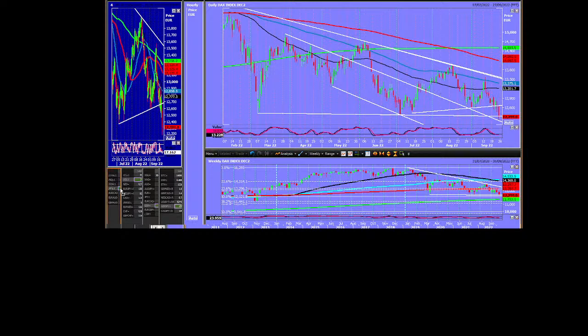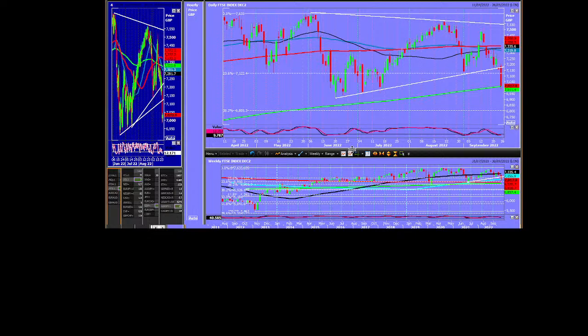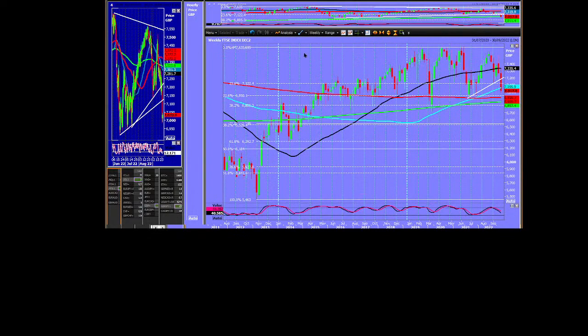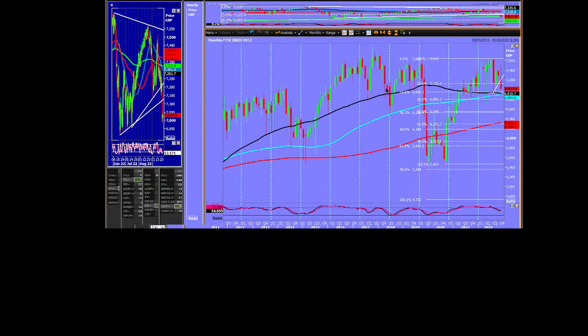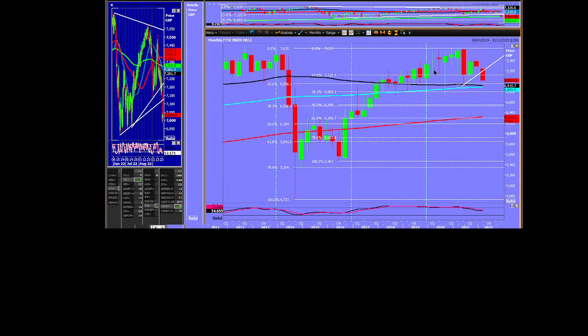FTSE is all over the place, and I'm not really too clear on that, if I am honest. But let's give it a go. Let's at least look at the monthly chart to start with. So I think the DAX and the FTSE have been held up quite well because of the weak pound and the weak euro, I'm guessing. Yeah, look, this is just erratic, isn't it? This is just one big sideways trend. You wouldn't really know that the world's in a mess and that the UK is in a hideous mess by looking at the FTSE chart, to be fair. So I assume it's being held up by the weak pound.